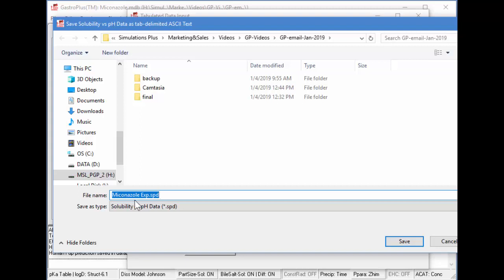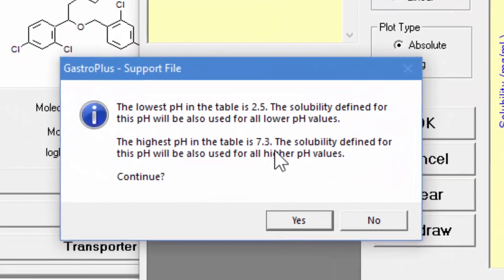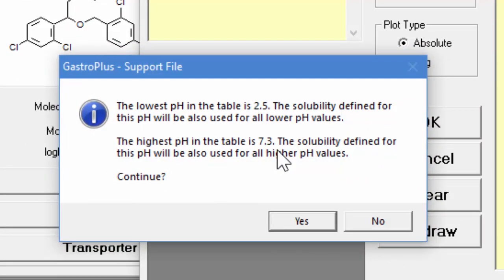Now, we don't recommend changing the name of this because then it won't match the record name in the database, and therefore GastroPlus won't be able to match it up. Or if you save it in another directory, GastroPlus also won't know where it is. So we need to save it in the same directory and using the same name as the record name. For this particular support file, we get a prompt that says the lowest pH in the table is